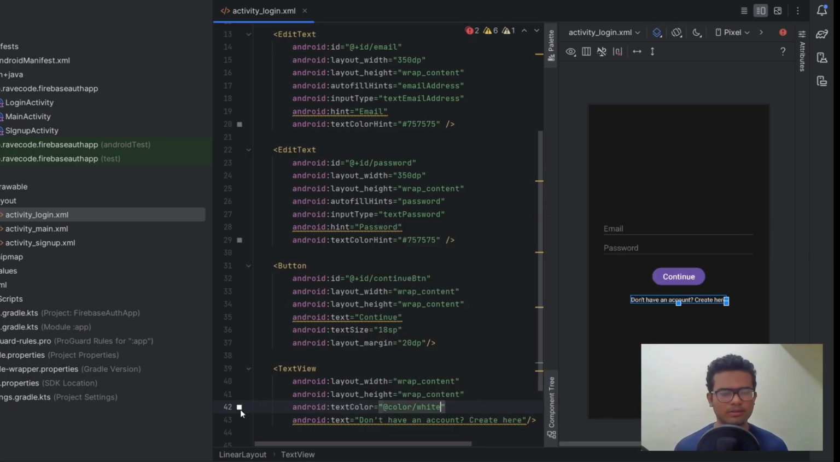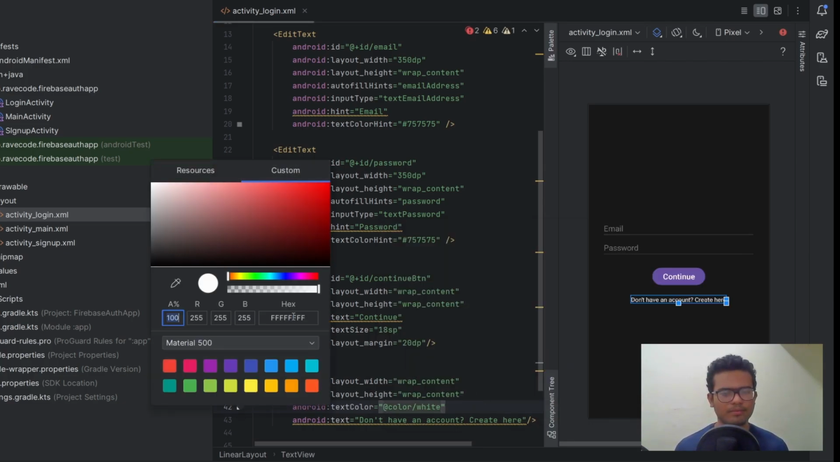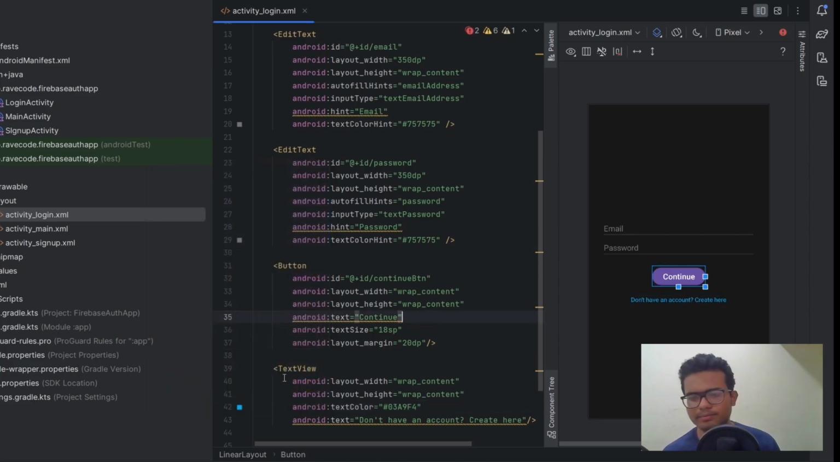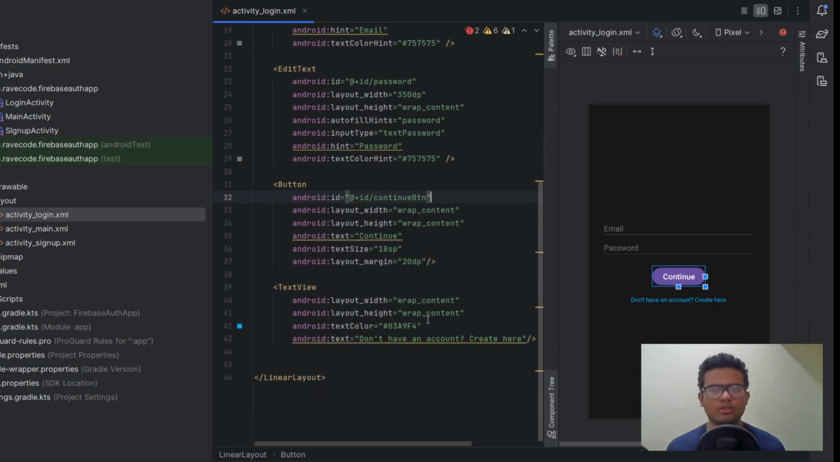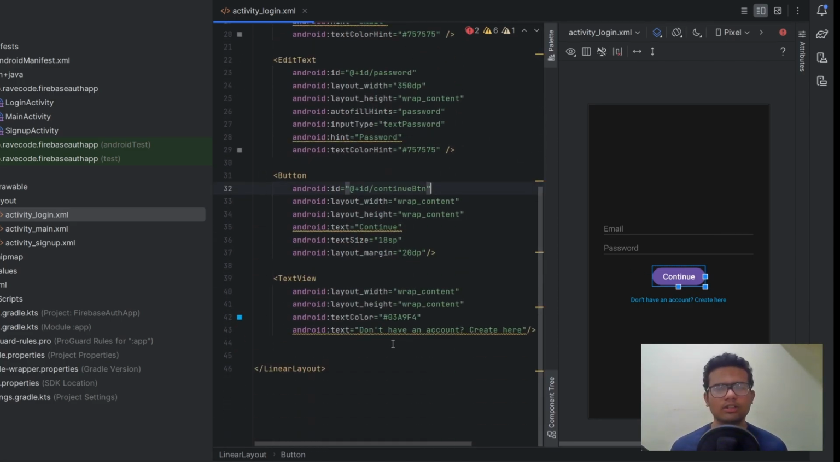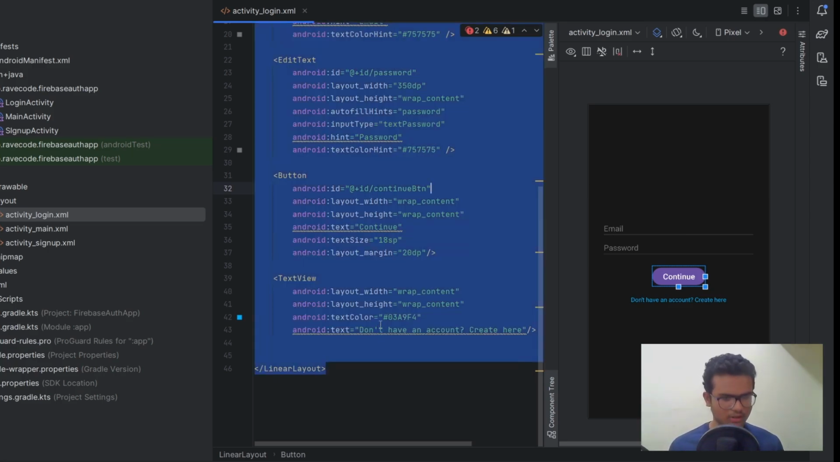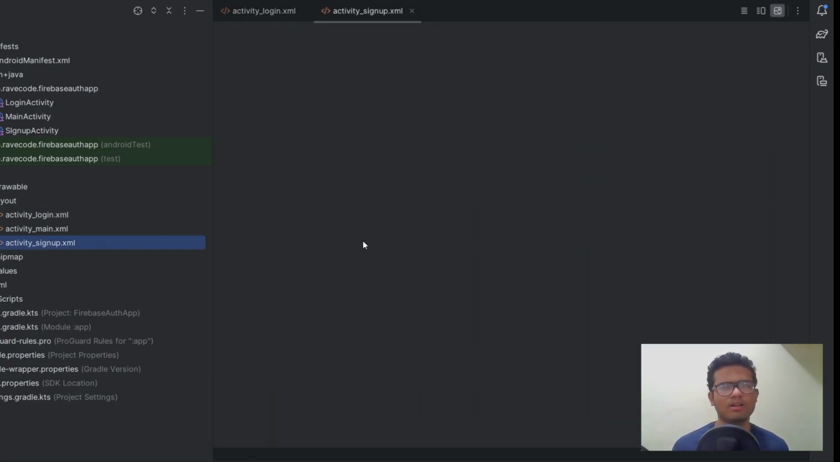Let's change it here. Okay, whatever. So this is the UI for the login screen. Now we have to create a login screen for the registration sign up activity. Now that's actually fairly easy. Just copy and